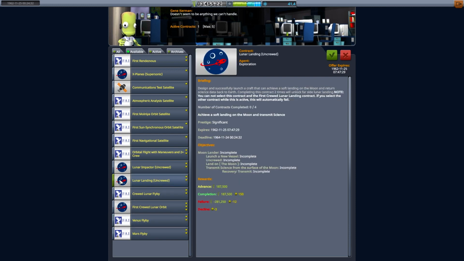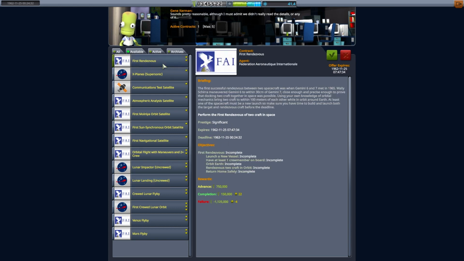But I definitely think lunar landing uncrewed, I really want to go for. That gives you 2 years to do it. And I think we probably have the tech to actually manage this. There's a bit of me wondering if we could. I think we would need a new launch vehicle for that though. So we'll do first rendezvous,